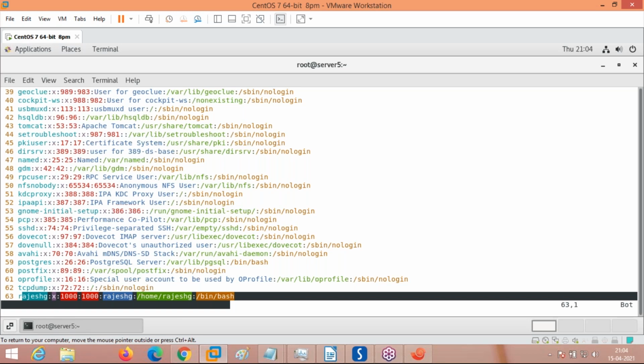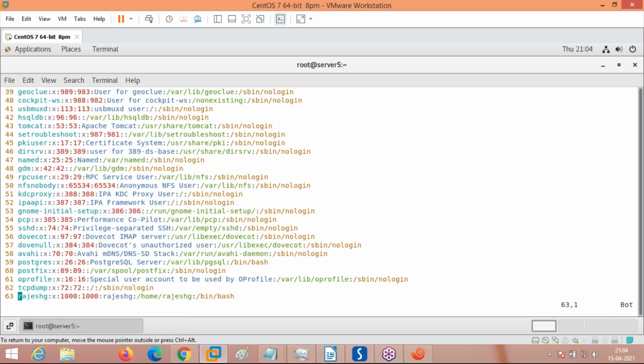Dilip, I want to ask a question. Amarnath, you got this? What is the difference? How to check which are system users? How to check which are normal users? How to check which are admin users? Amarnath,